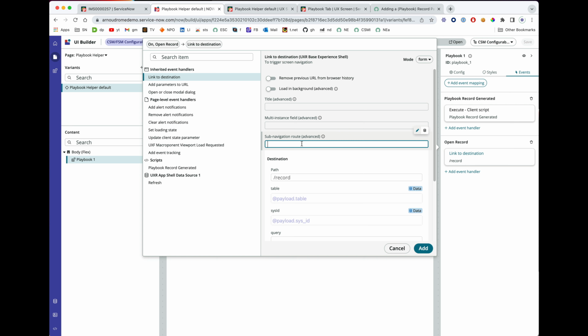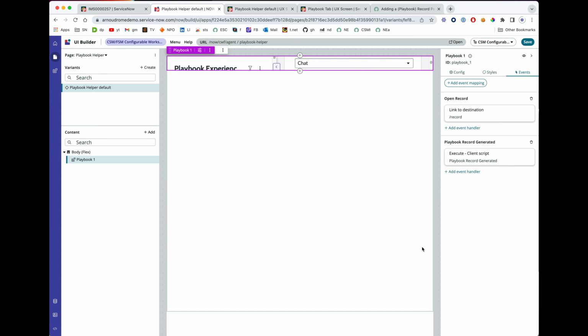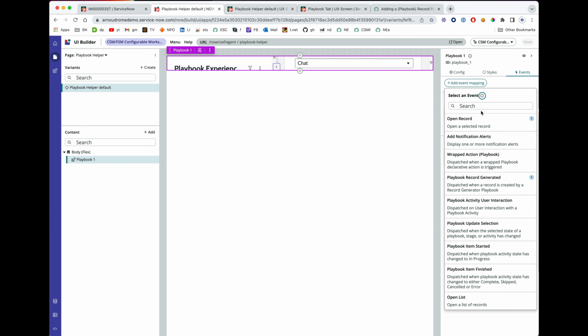And subnavigation, this is a property we need to set. We want to open it in our current subnavigation and not at the parent level. So setting this to current will ensure that we add the record at the appropriate level. So save it,